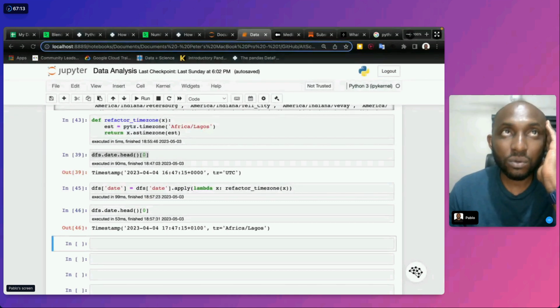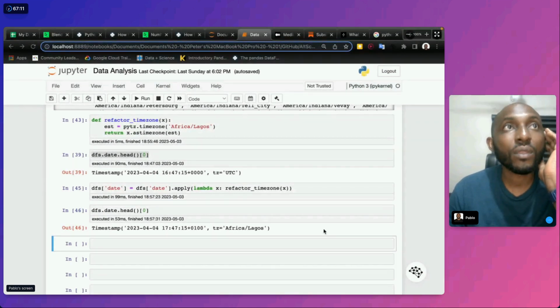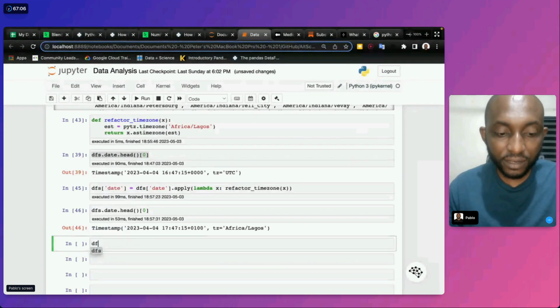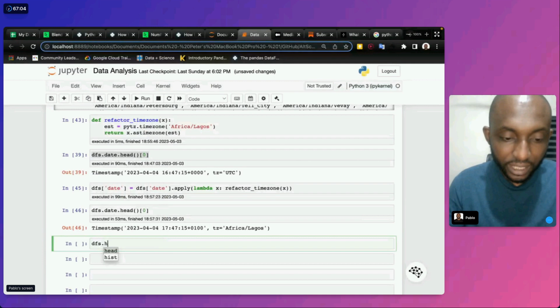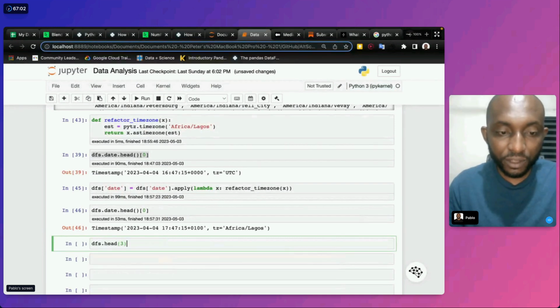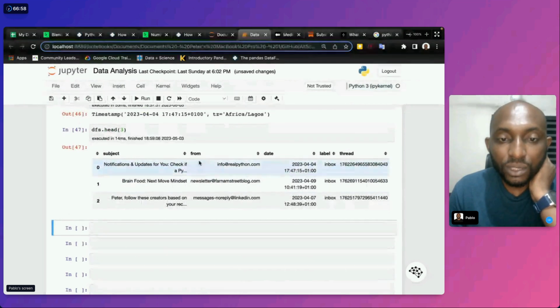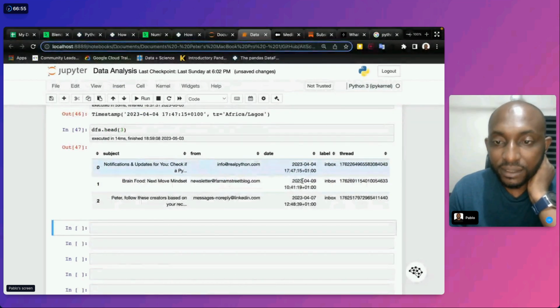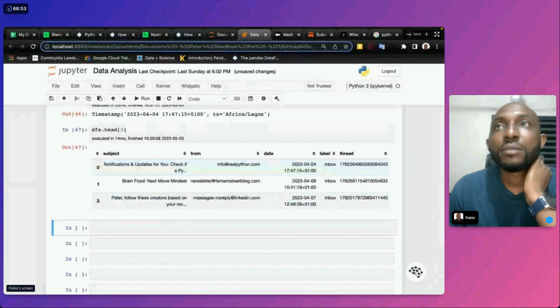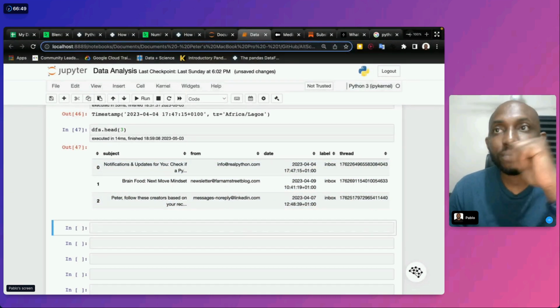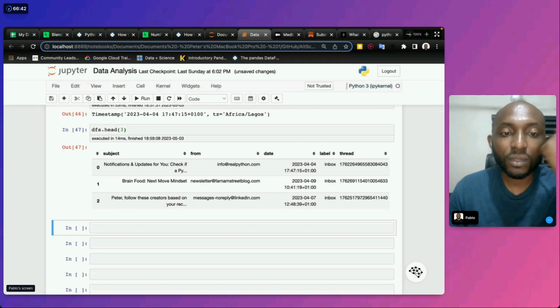So now we have a date that has been changed. If we look at dfs.head, open just 3 of them, you can see that everything is beginning to look really cool from date, label. It's really beginning to look cool. Now, I also want to show you another thing that is really important.